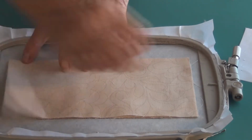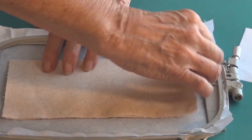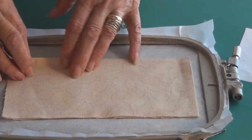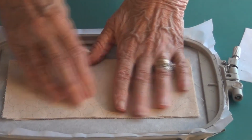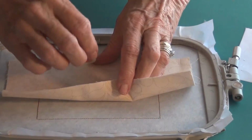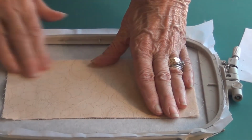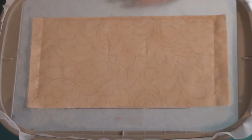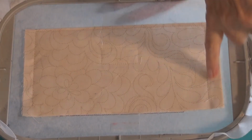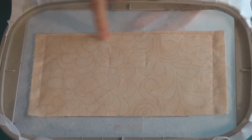Make sure you've got a 1/2 inch hangover on either side, and that it's just barely covering the placement stitches. Notice that it's against these placement stitches at the bottom too. Tape it, and we're going back to the machine. So the third color just tacked down the sides of the bill holder and did a little top stitch across